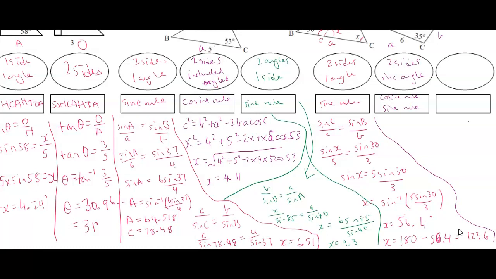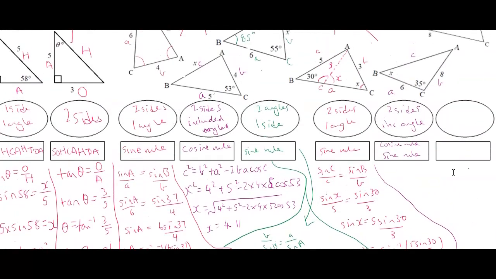Okay, so the first thing we need to find is this length here, and then we can find x. Or you could find this angle here. So you could have found A. We could either use the C's or the A's to find our B's. I'm just going to stick to what I've got in front of me, so I'm going to do C. So we're using the cosine rule. Okay, so your cosine rule,